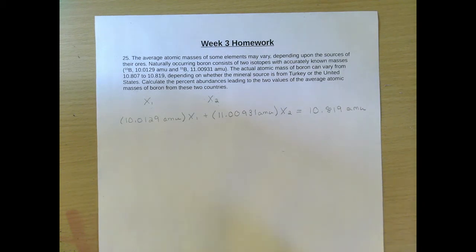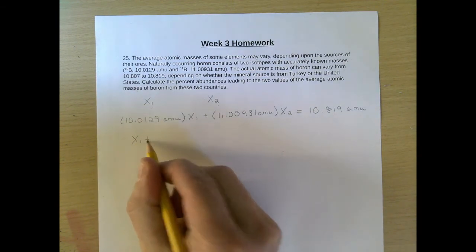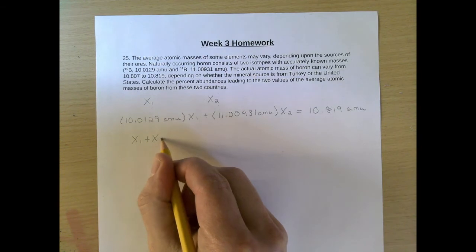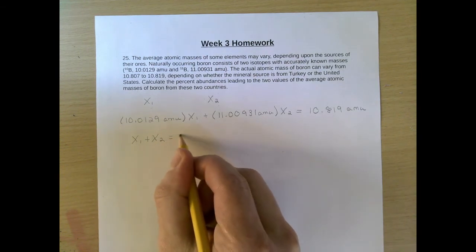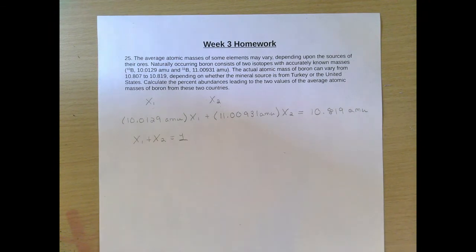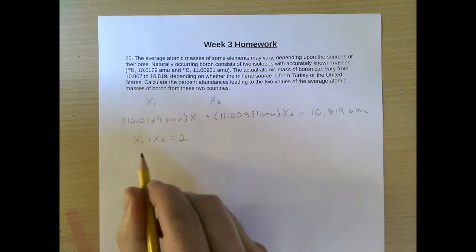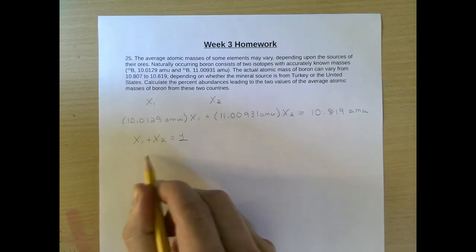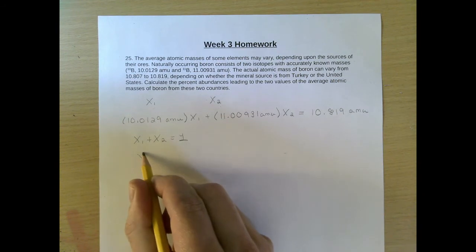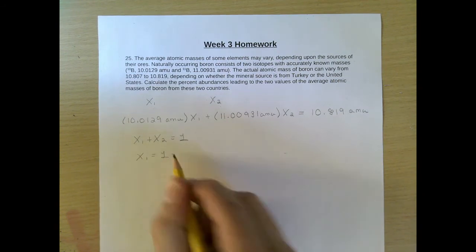So what we're going to do is use the fact that we know that these abundances, x1 plus x2, is going to equal 1. Remember, that was our special case for these kinds of problems. We're going to take that equation and solve now for one of the values. We'll solve for x1, so x1 is going to equal 1 minus